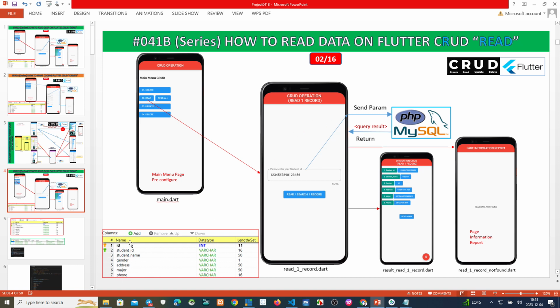So now we must make a declaration of this on my Flutter.